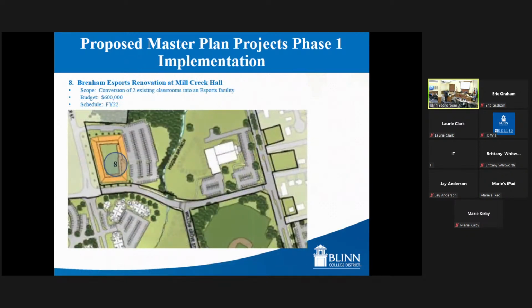Our next project is our Brenham Esports Renovations at Mill Creek Hall. So we have an initial esports program currently housed at the Doyle Coatney Center. This would be a conversion of the 2 existing classrooms at Mill Creek Hall, which previously had been occupied by the Engineering Academy students. Those Engineering Academy students are going to be working and studying out of the STI building now. So those 2 classrooms, about 2,500 square feet of classrooms in Mill Creek Hall, will be available for renovation